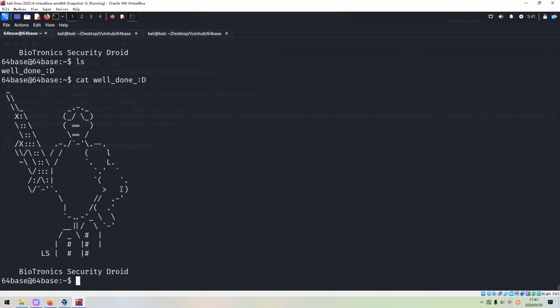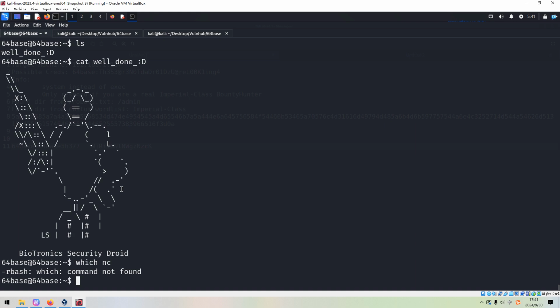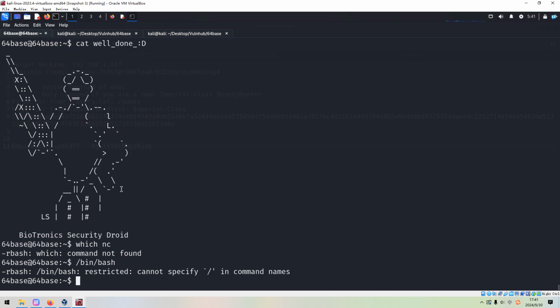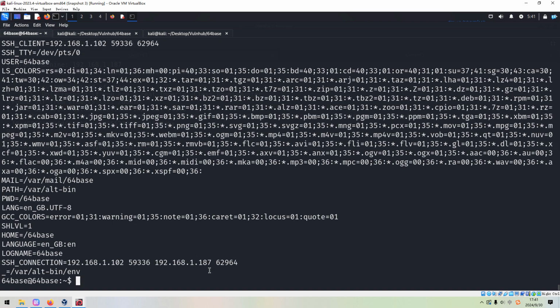However, we cannot run anything, right? So maybe we can change the... Can we run the cat? The bin bash? Oh, cannot specify the slash. Can we run an environment command?